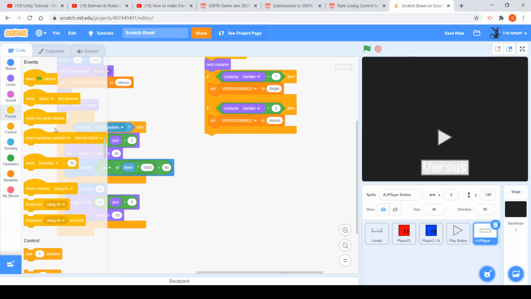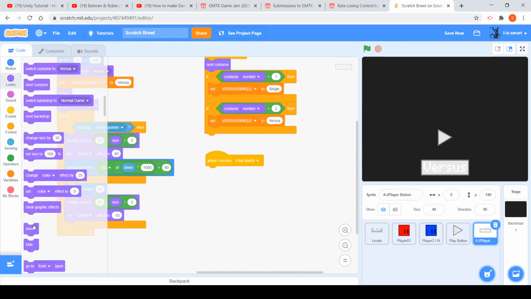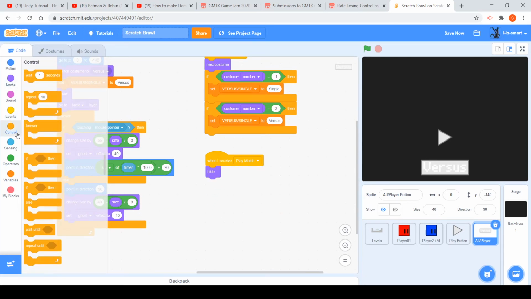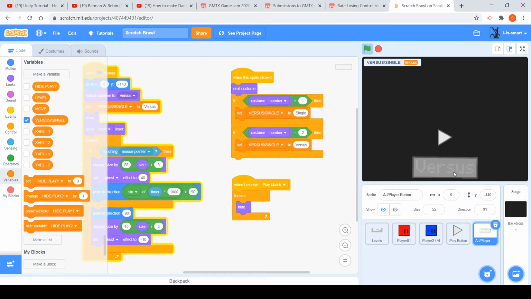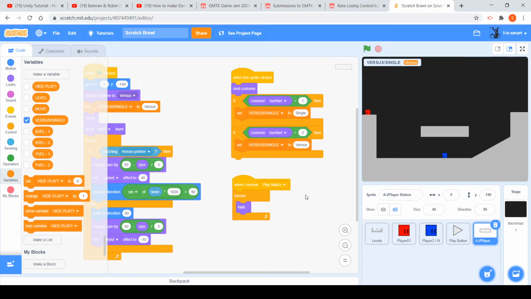Okay, don't forget we have to do when play match, this will hide forever. Okay, beautiful. Okay, so let's just test this out. Okay, I'm gonna show this. If versus, yep, that's versus. Boom, single, boom, versus, play, hide. Okay, good. Okay, now that we have that set up, now I believe we can make